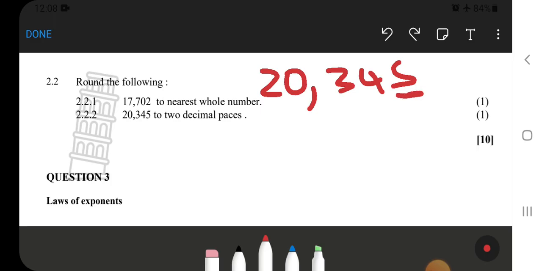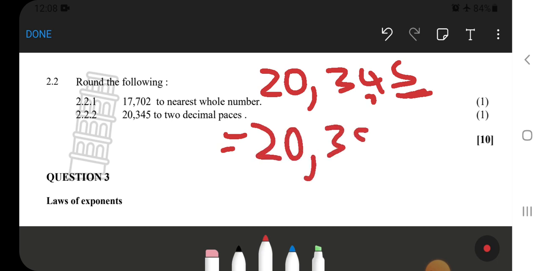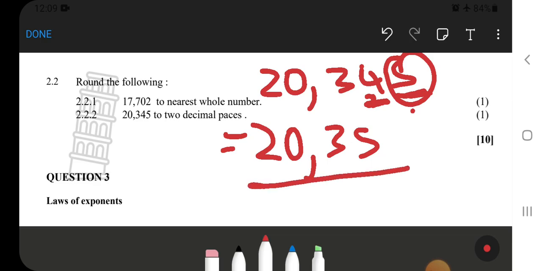So after this 4, it's a 5. Okay, so meaning this 5 is like a 1, so we'll add it to this 4. So the final answer will be 20.35. Because this is a 5, we have to round this. 5, 6, 7, 8, 9 takes the number before it up. So this is the final answer for 2.2.2,